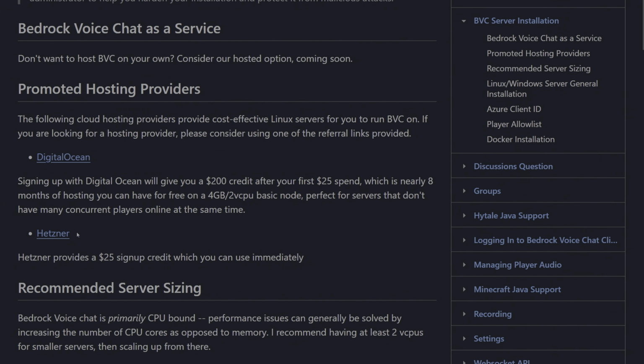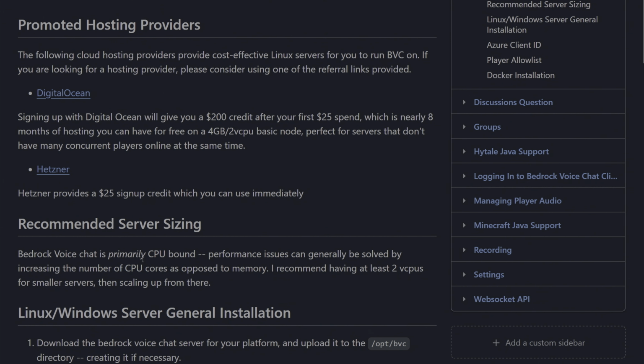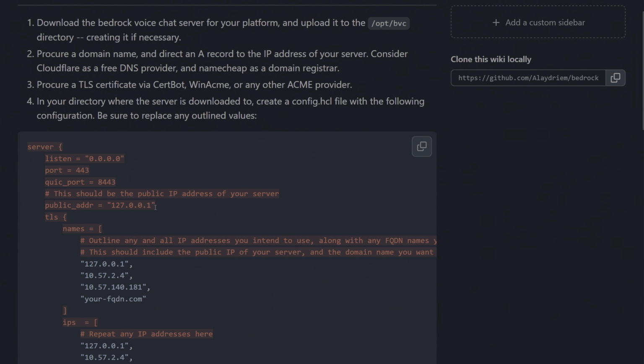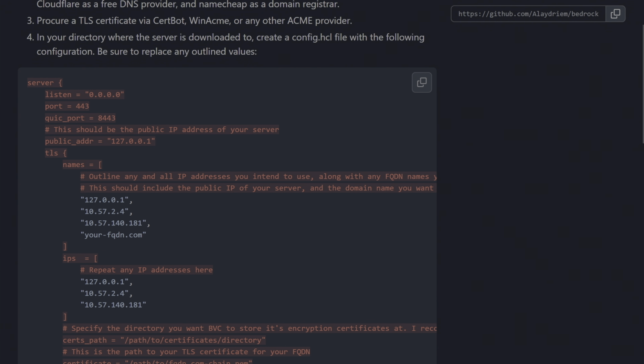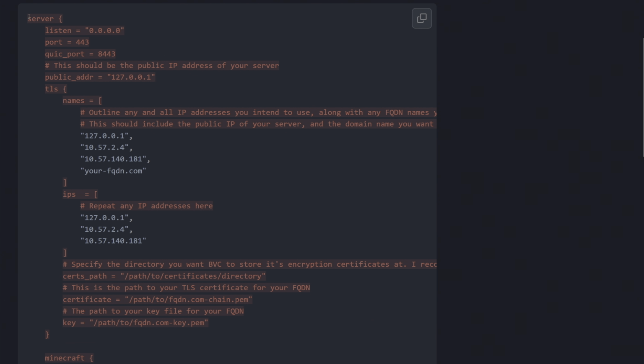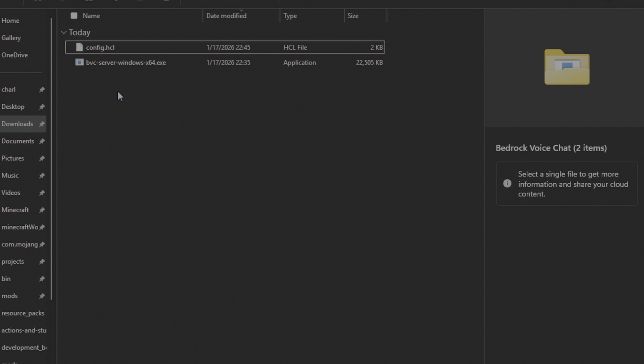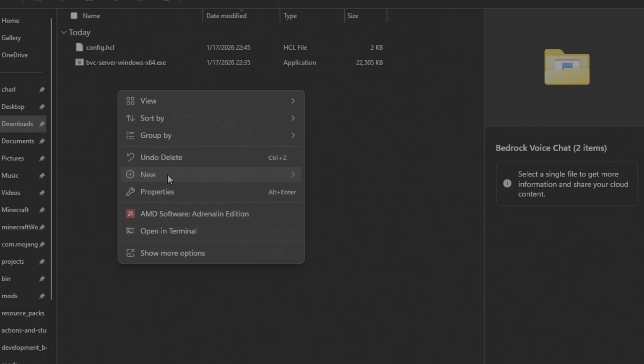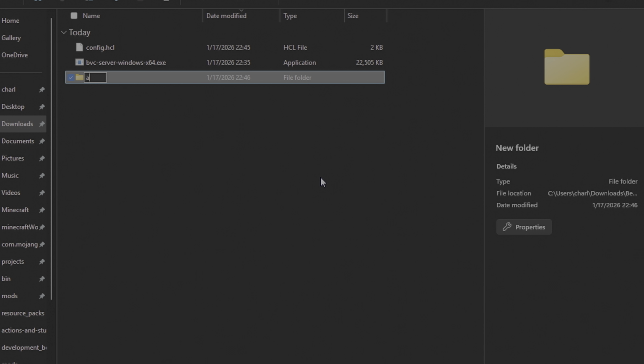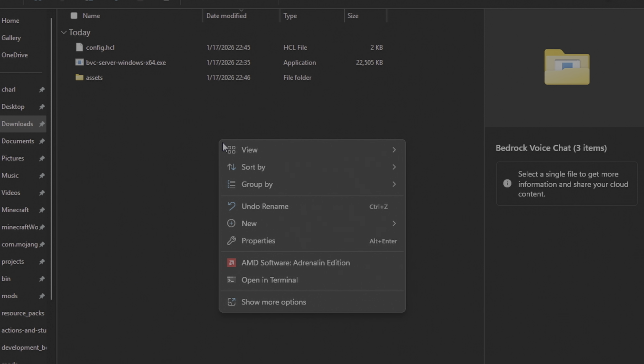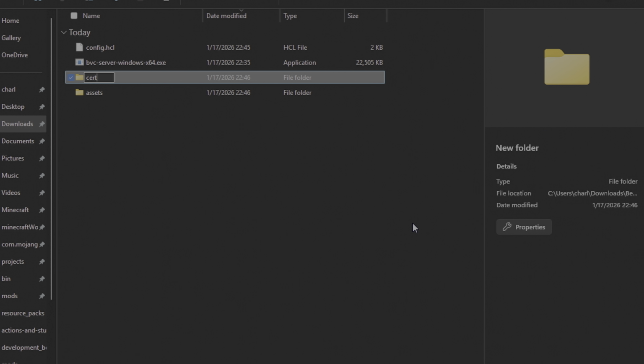You're going to want to scroll down here after that, though, and head over to this Linux Windows Server General Installation section. And you're going to want to copy this configuration file, this HCL, and just store it in your clipboard for now. In the directory that you have downloaded Bedrock Voice Chat Server, your Windows executable or Linux one, you're going to need to make two directories first. You're going to make a directory called Assets, and then you're going to make a directory called